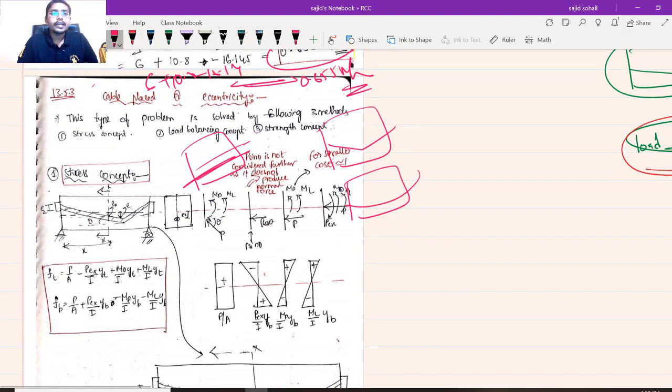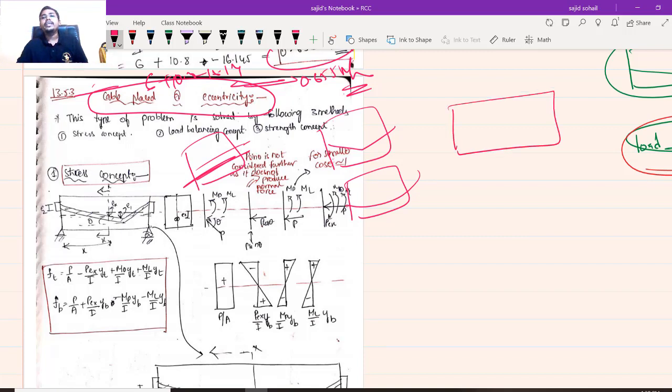Whenever a cable is placed at varying eccentricity, it comes with certain advantages, wherever you need to nullify the stress more. Obviously at the center you will be having maximum moment. You want to nullify it further, so there you will have maximum eccentricity. At the support the moment is very less, so you don't need much eccentricity. Even if there is less eccentricity, it will work. Done. So that was the concept.